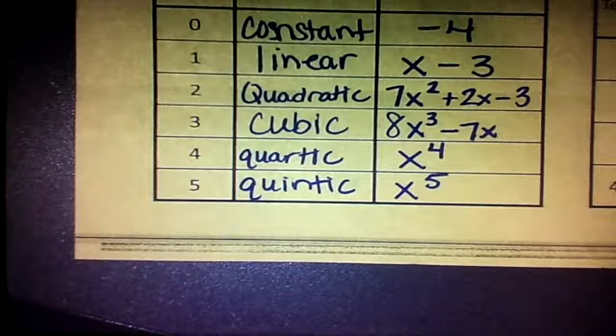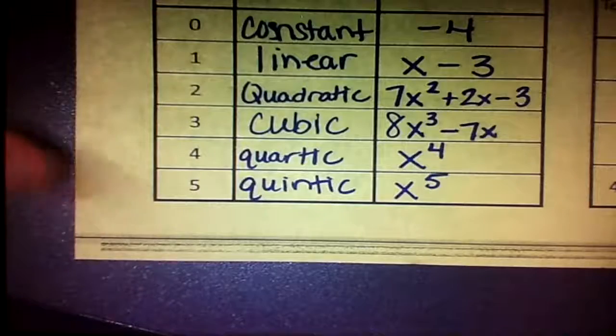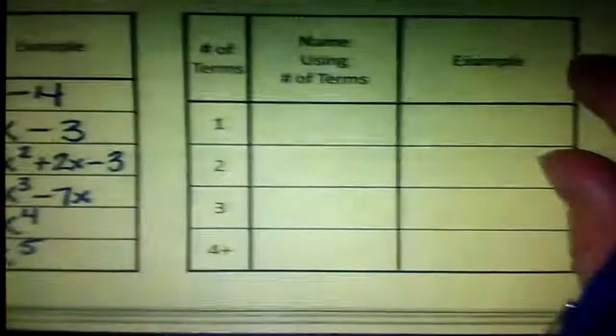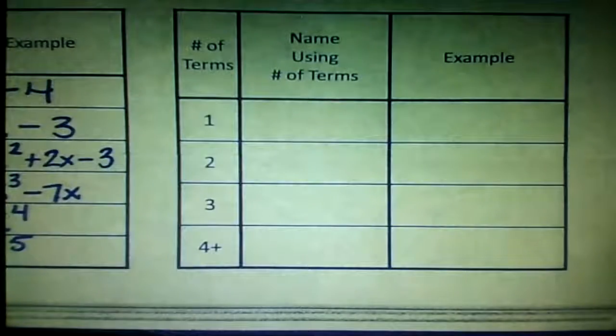All right. So this is how we classify by degree. On the other side, scoot it over. I can classify by how many terms I have. Okay? So if I have